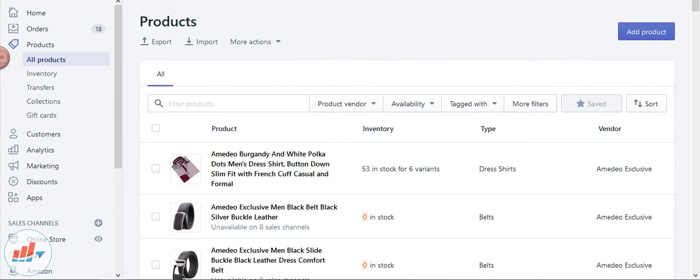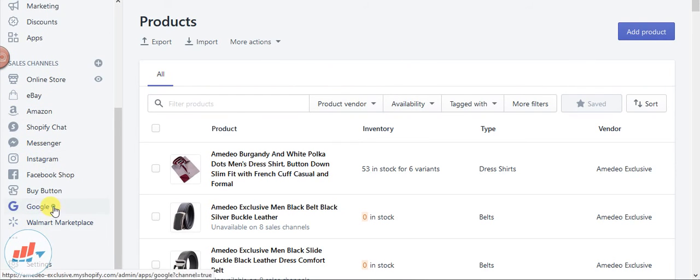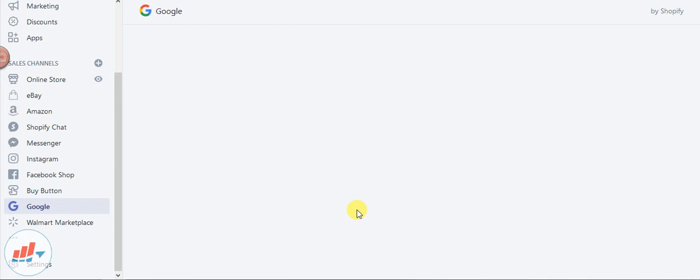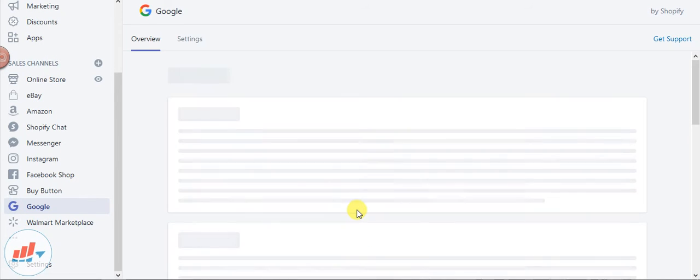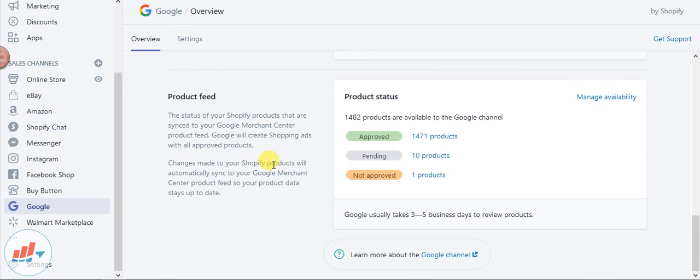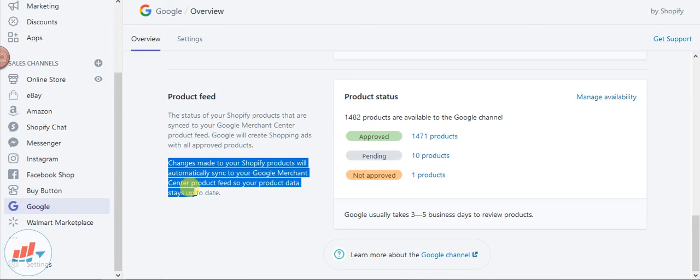When the inventory gets updated, the next step is Google will automatically update the Google product feed, because it is syncing everything here. You can see here, changes made to your Shopify products will automatically sync to your Google Merchant Center product feed, so your product feed data stays updated.